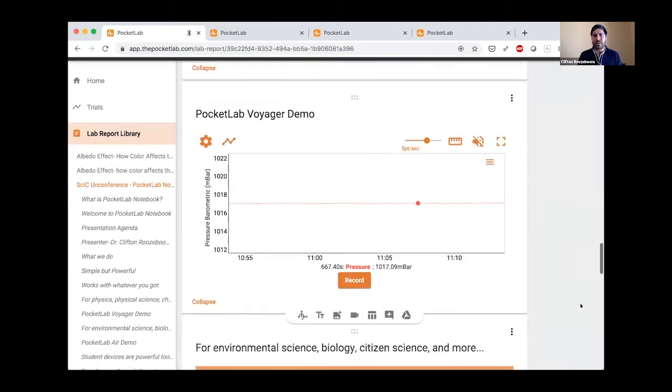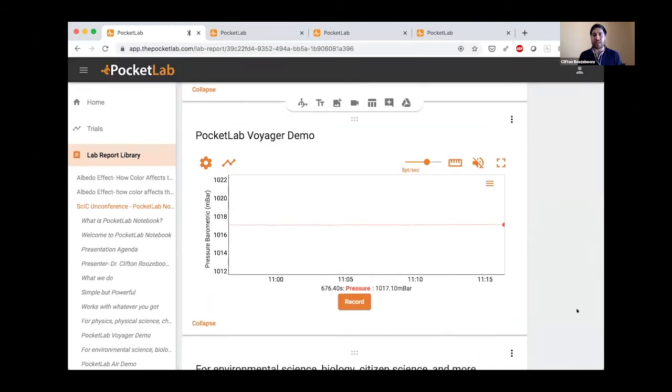So I have within my presentation some live data coming from this PocketLab. It's sending it to my computer using Bluetooth. And I don't know if there's going to be latency on your side of things as the data is coming through, but it's in real time, normally, if you're not running a video conferencing app. So I'm going to put it in a giant Ziploc bag here. I'm going to seal this bag. And what I'm showing is a line graph of the pressure inside this bag. So you can measure barometric pressure,